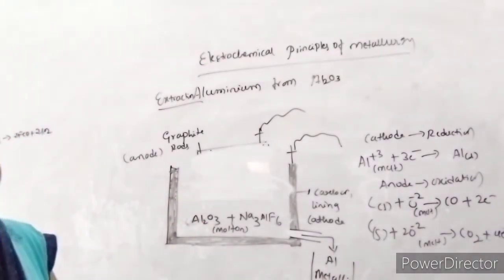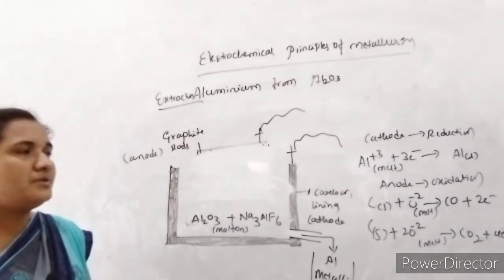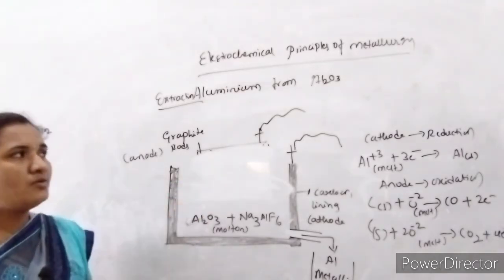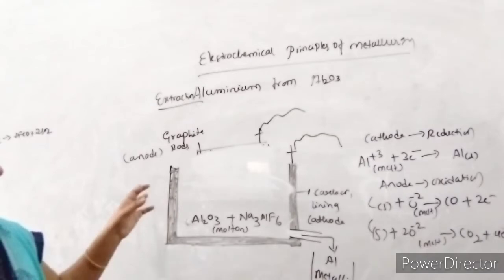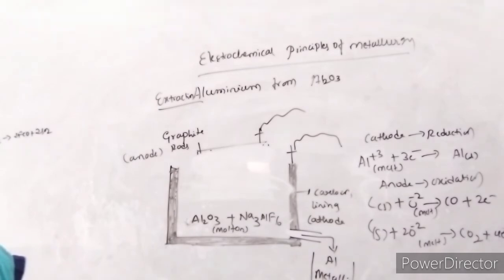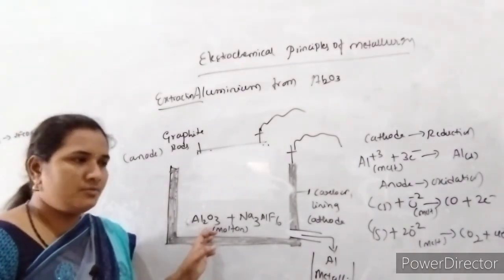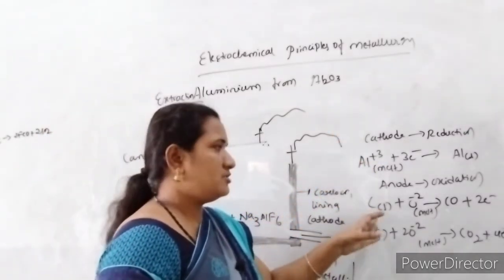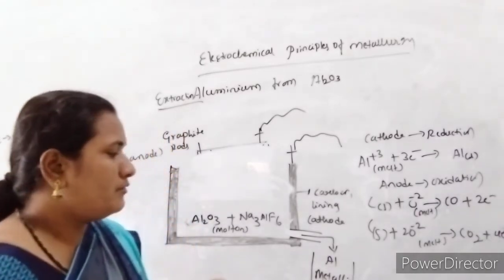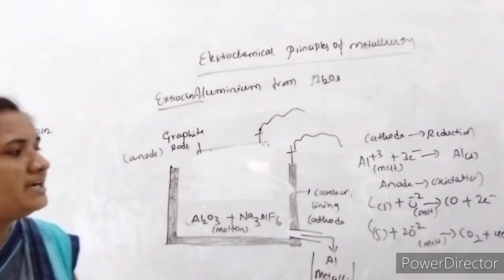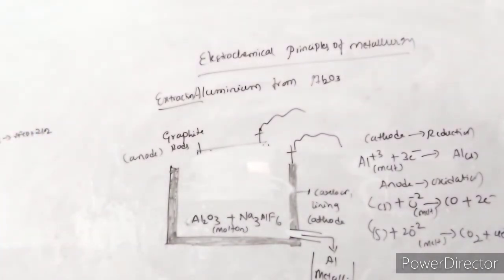So this is one of the methods to extract aluminium from alumina, that is nothing but bauxite ore. In this way, we do the whole process in the steel vessel container coated with the carbon cathode, and we put in the graphite rods. Whenever we add molten alumina with trisodium aluminium hexafluoride, they undergo both reduction and oxidation processes at the cathode and anode respectively. We collect the metallic aluminium at one of the outlets, and the liberated carbon monoxide and carbon dioxide are eliminated.